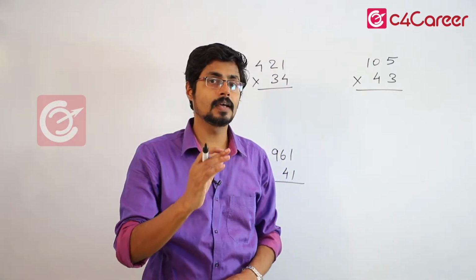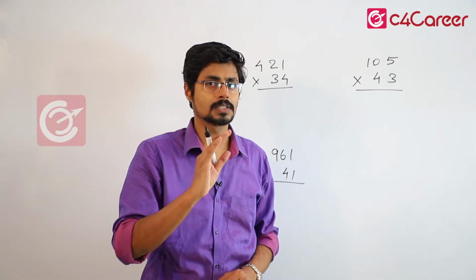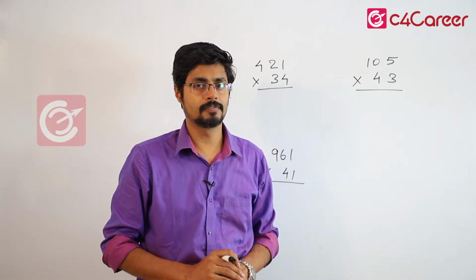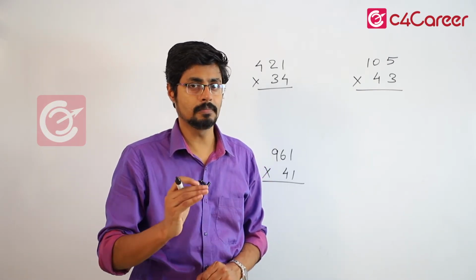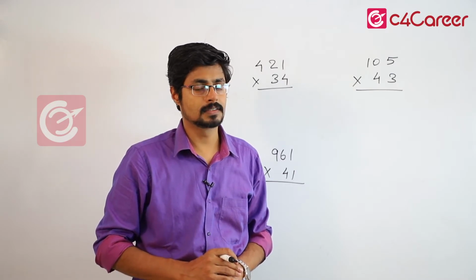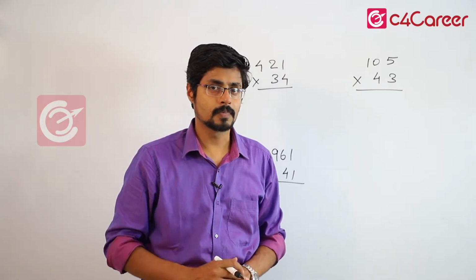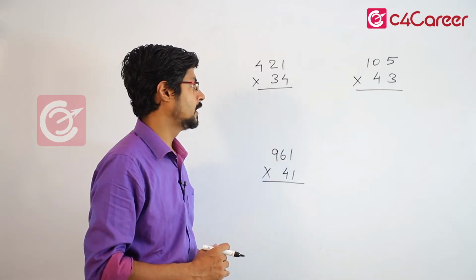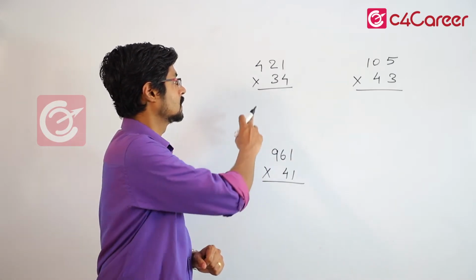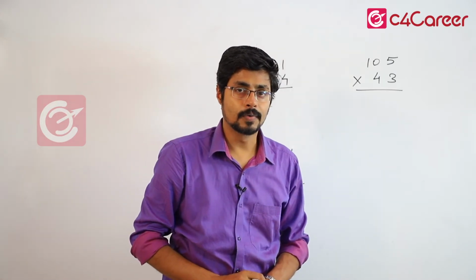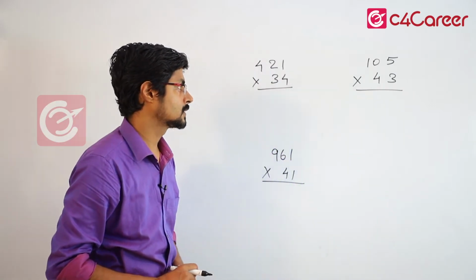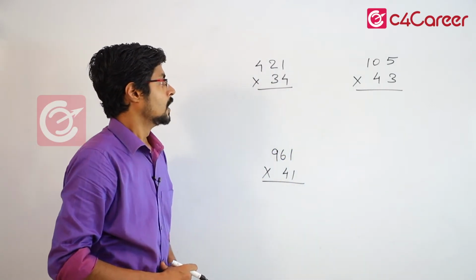Third step is again a cross multiplication, but note the sign. The cross is different. So it is the extreme digits into the middle digits. And the fourth step is multiply the leftmost digit. That is the leftmost digit we have to multiply. Okay, let's get back to the problem now.